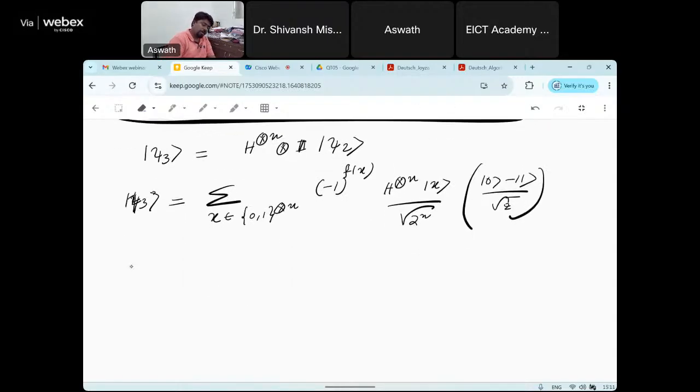By the way, H acting on x is equal to the summation over z belongs to {0,1} if